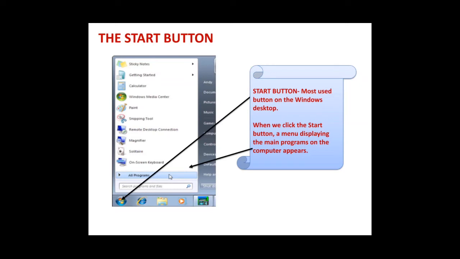If you further click on that, all the programs installed on that system appear here, right? So this is from where you start. That's why the name is given start button, and then you go further and further by clicking as per your requirement, right?